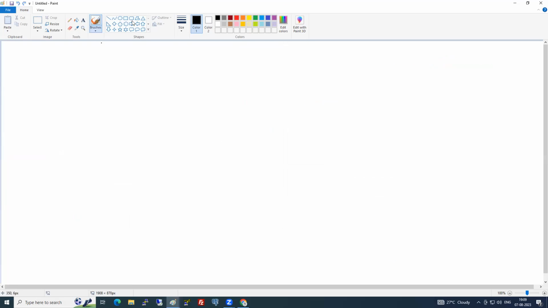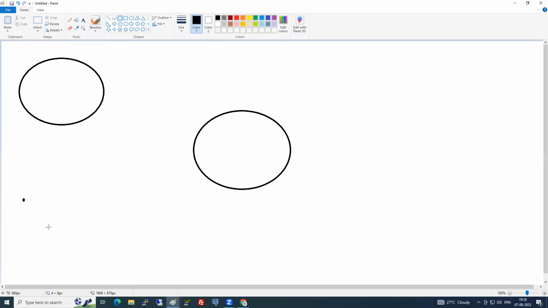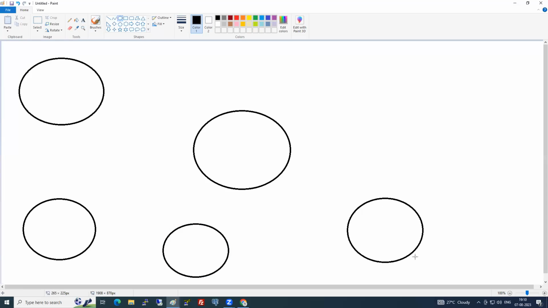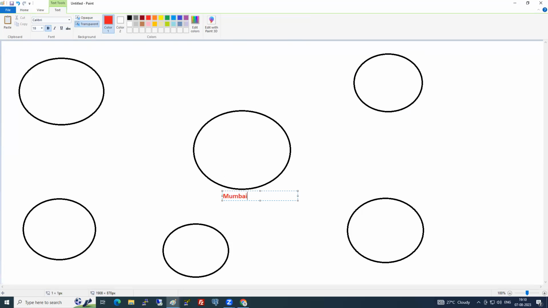Now, I'll tell you one interesting one. So here, what are these? Don't think I'm playing, huh? Which region is this? First one. Mumbai.